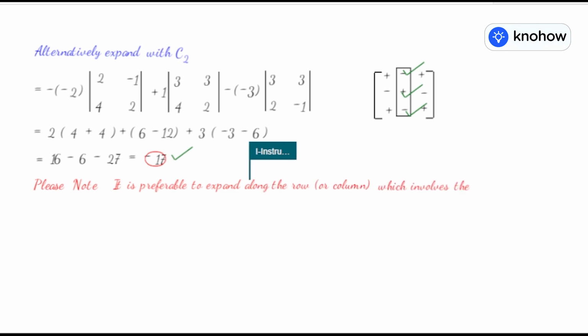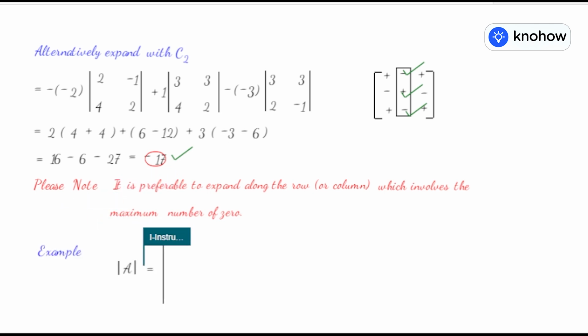For example, suppose we are given a determinant. The elements of the first row are 1, 2, 4. Those of the second row are minus 1, 3, 0. And of the third row are 4, 1, 0. Can you tell me with respect to which particular row or column we should expand it? You find that in the third column there are 2 zeros. So we should expand it